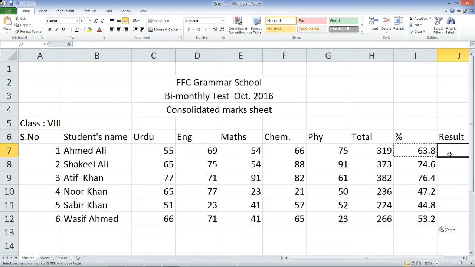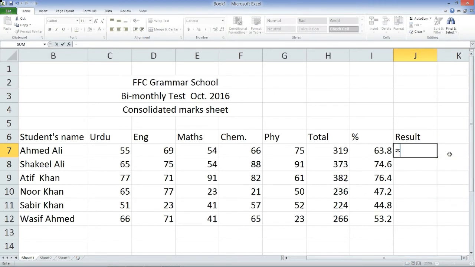What is a logical condition? A logical condition is the condition where we have the result in form of true or false. How can we use it? Let's see. Equal to sign, then IF, that we will say I7. If I7 is greater than